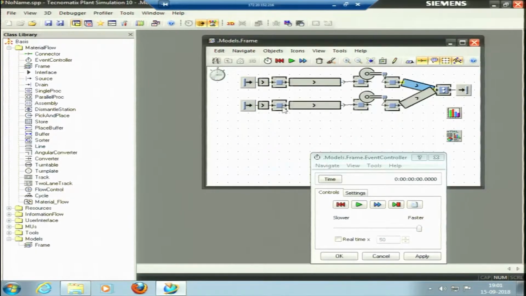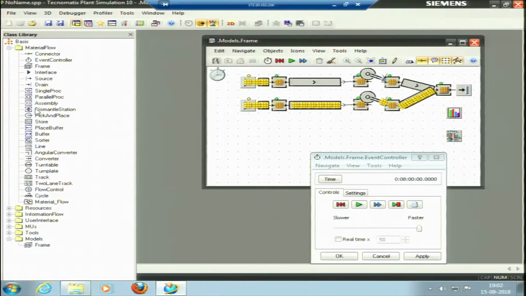It already exists on this side. Okay, the connection is made. Let me try to run. Now it has run for the 8-hour day and two units are being manufactured. This is flow line 1, and this is flow line 2, and these are being assembled here.